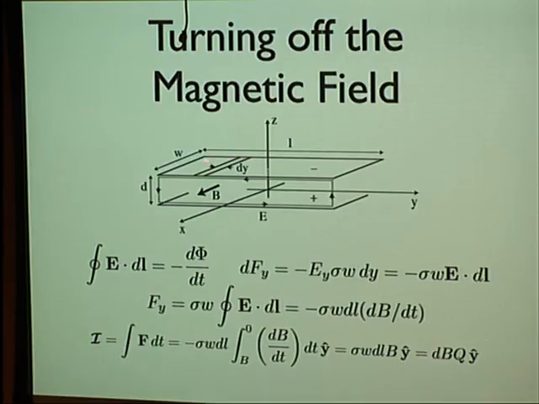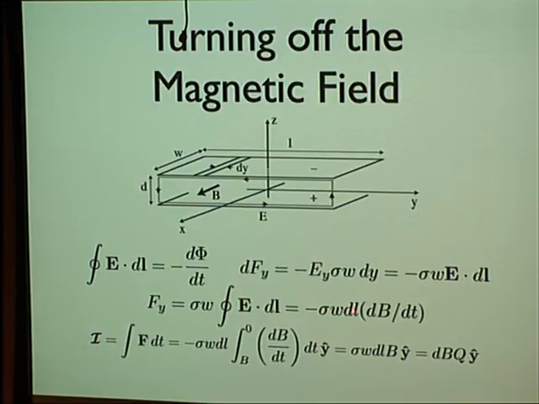The force on this little sliver would be the electric field in the y direction times the charge on that sliver, which is sigma, the charge per unit area, times the length of the sliver times the width of the sliver. So that's W times dy. And that, if you care to, you could write as sigma times W times E dot dl. That's the electric field on a sliver at the top. Of course, I need to integrate that over the entire length of the top, and then I need to integrate also over the bottom. So what does this give me? Sigma times W times the integral around the closed loop of E dot dl, but the integral around the closed loop of E dot dl is minus the rate of change of the flux. That's the area of that loop,